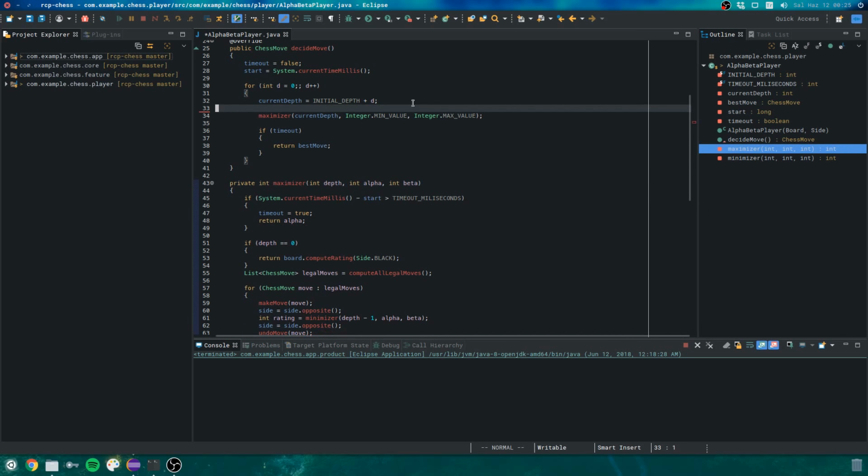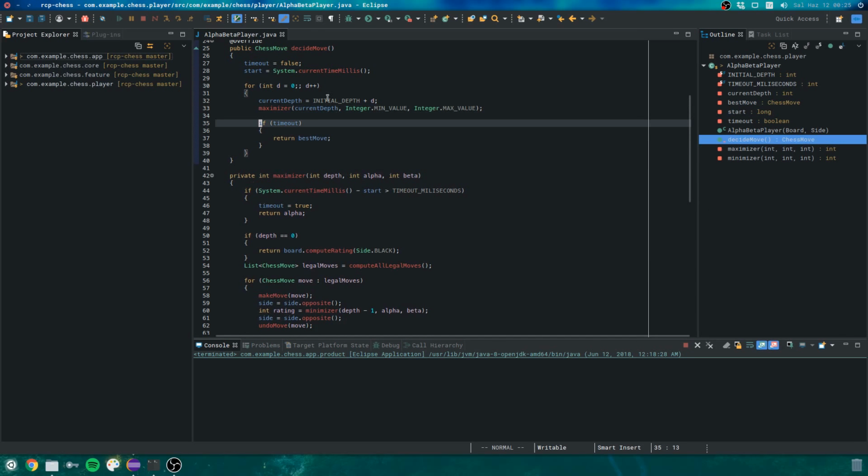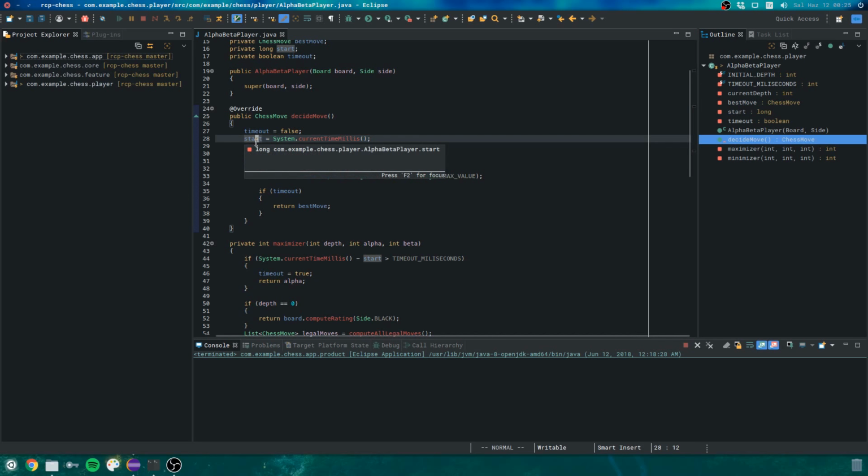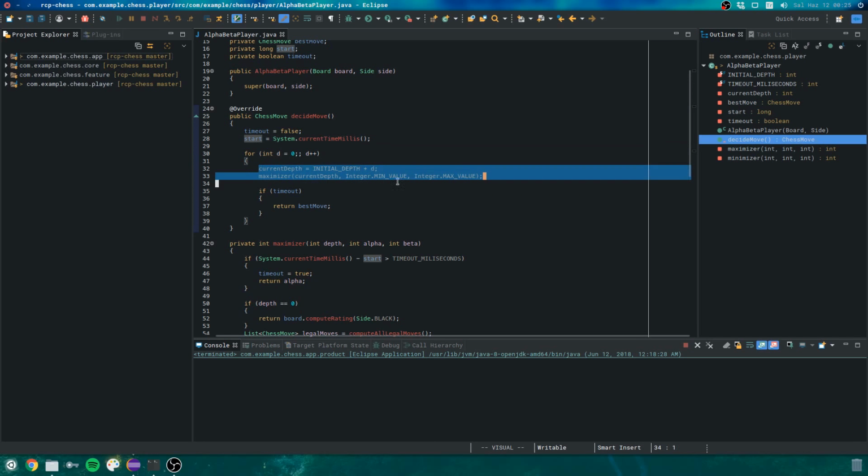And if you look at the condition of our decide move here, to recap, we are initializing our timeout to false and start time to the current time. So in the beginning of the decide move, we are recording the starting time, and inside a for loop we are incrementing the d value here one by one, and we are searching the tree for the increased amount of levels of the tree,